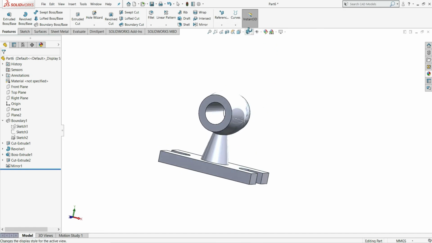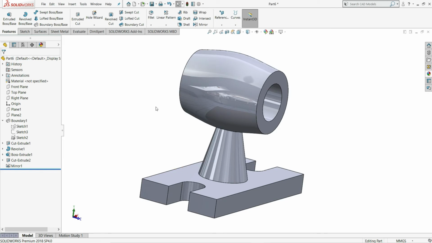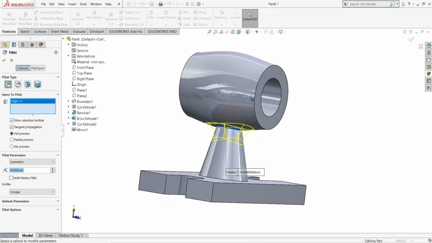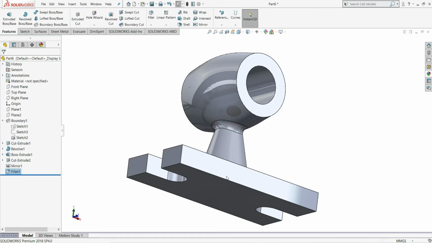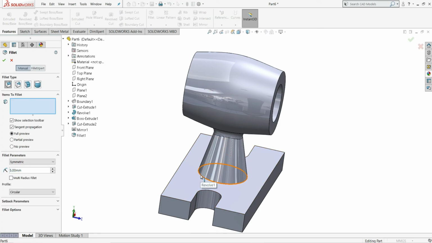so now our part is ready. Just we have to give some fillets to this. So fillet, select this edge and give here 5 mm. Okay, same as it is, select fillet, and this time we will select this edge. Give here 2 mm. Okay,